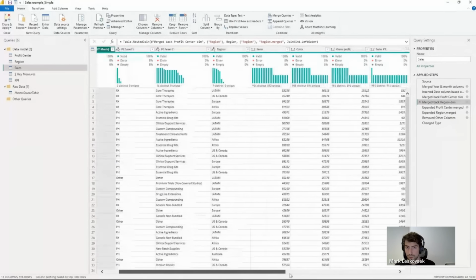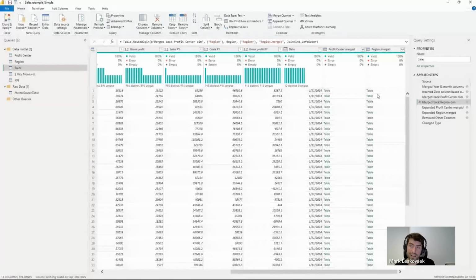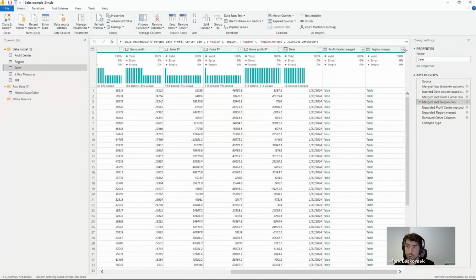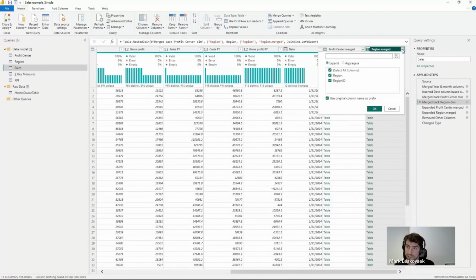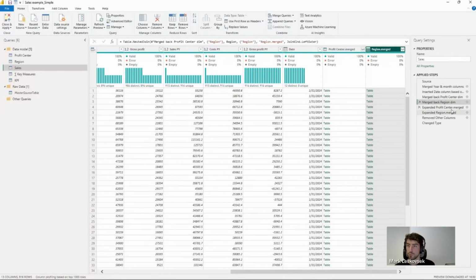this will now generate a column that's basically referencing that merged table. So we're merging on those values of the text. And all you need to do is then click on this icon to expand it to the region ID, right? To get the region ID, and we can just name it. So we remove this original column name as prefix. So we get to